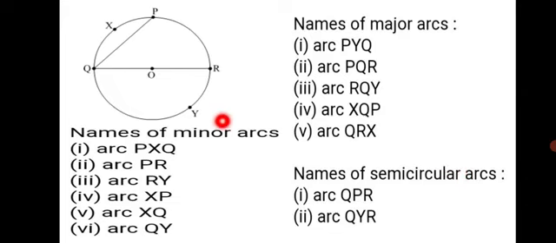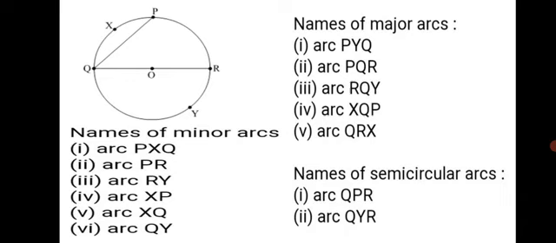First, we will begin with minor arcs. So here we have minor arc, from P we start, minor arc PXQ, less than 180. PXQ is a minor arc. Next we have arc P. We again start with P and we move on to R, PR. So PR is another minor arc. A minor arc can be denoted with two letters. So next minor arc we can take is, from here only we will take RY, another minor arc.